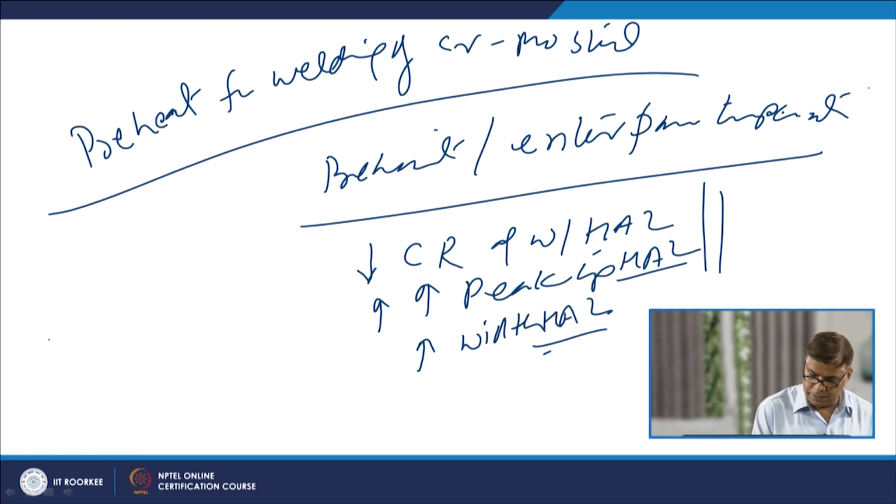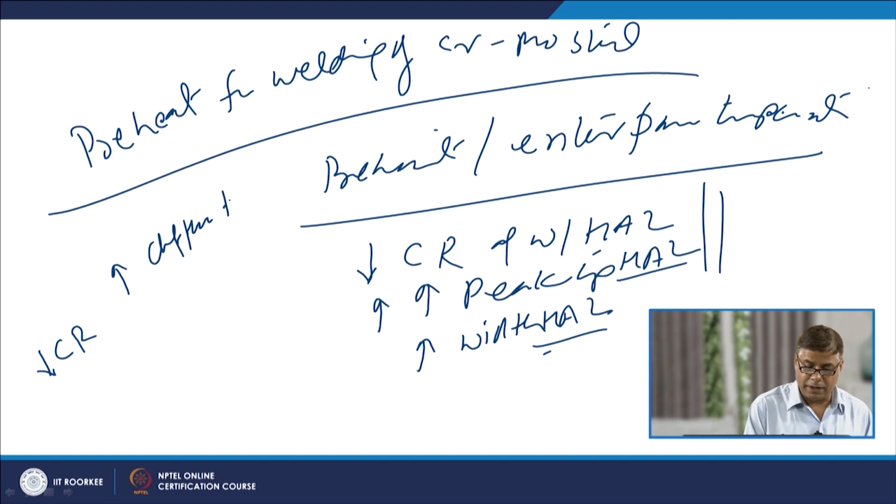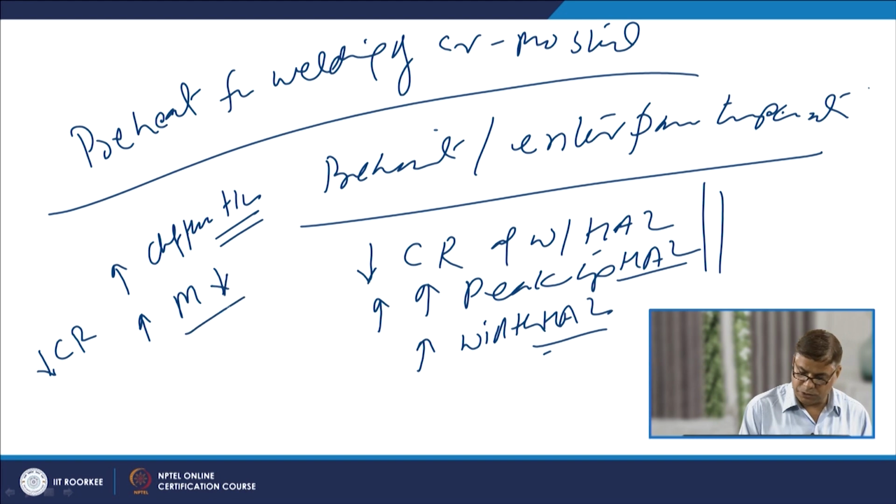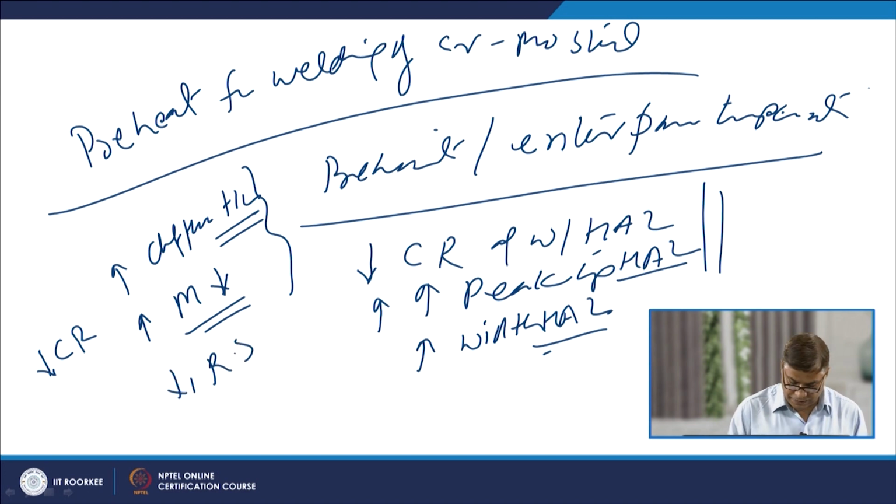For example, the reduced cooling rate will be giving more time for diffusion of the hydrogen from the weld as well as heat affected zone, so that the excess hydrogen can escape out. And the second is the martensite hardness is also reduced due to the formation of some of the soft phases, because the cooling rate is reduced. So, these are the two very positive sides, and maybe the residual stresses are also reduced due to the reduction in the cooling rate which is being used.